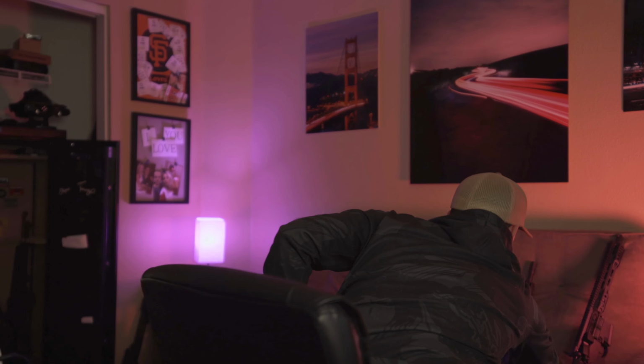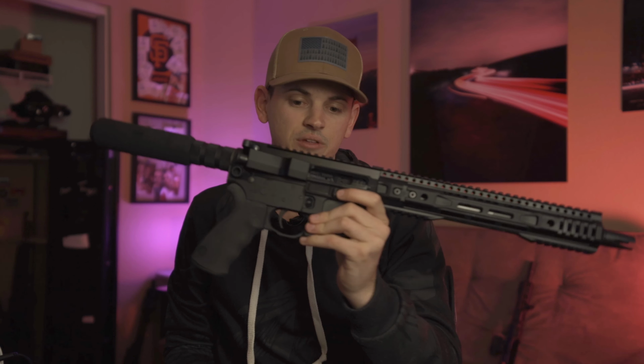So right now, when you go through the Department of Justice, when you go to a gun store and you say, hey, I want a gun, for example, when I picked this gun up, the Franklin Armory CA11, this is a handgun. It's labeled as a pistol, not as a rifle, not as a shotgun, and not as a stripped receiver. This gun was bought as a pistol. And now you heard me say pistol, rifle, shotgun, or bare receiver. Those are currently the only types of guns that you're legally allowed to process through the California Department of Justice background check system. So when you fill out that paperwork saying what the gun is, the make, model, serial number,